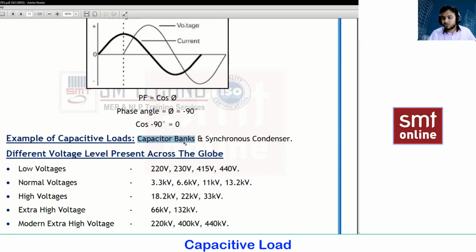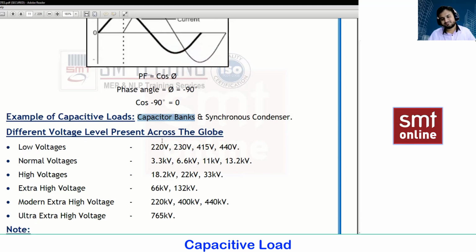But in your project, if the demand of inductive load is more, like 60 to 70% of your loads are inductive in nature, then you are going to install your own capacitor bank to maintain and enhance your power factor. And all those concepts we are going to discuss in chapter 7 in the main calculations. Okay, Mr. Anand? Okay, thank you.